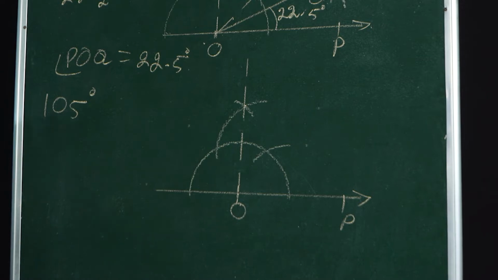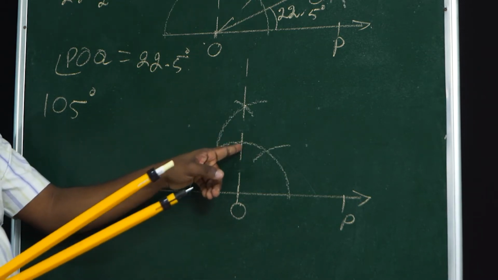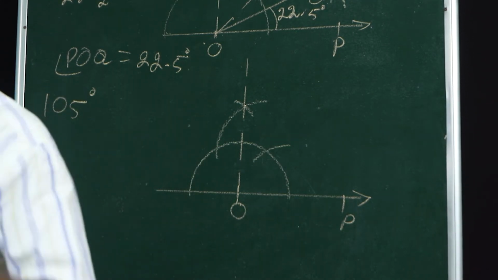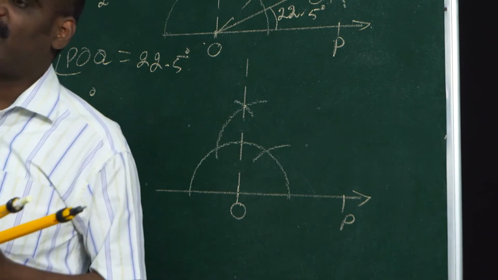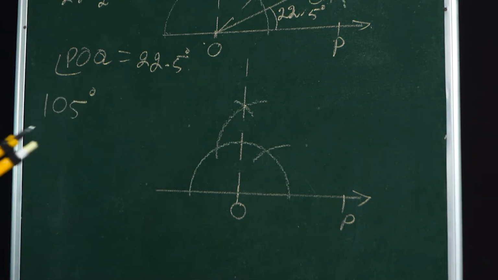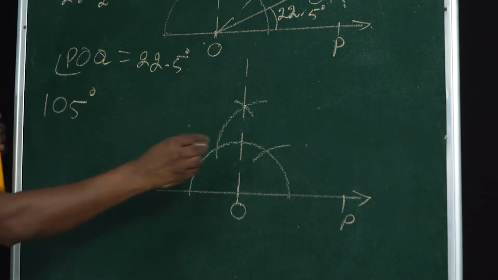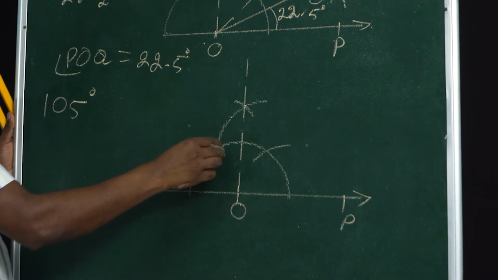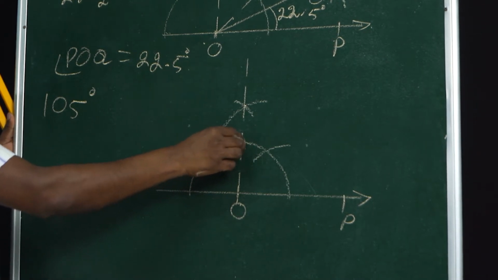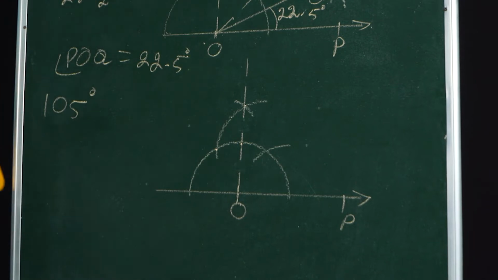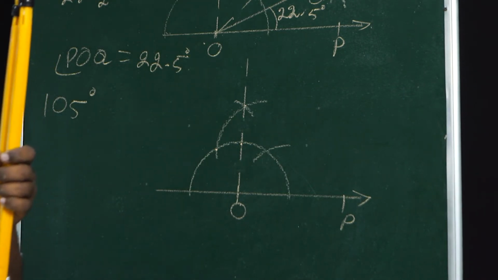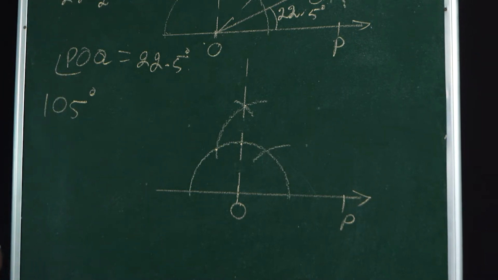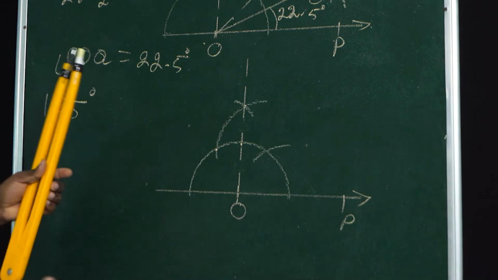Now, children, here 90 degree. We need to get 105 degree. How many more degree do we need? 90 plus what is equal to 105? 90 plus 15, right? 90 plus 15 is 105 degree. 90 is here, this is how much? Here 60, here plus 60, how many degree? 120 degree. So 120 degree, here 90 degree. In between 90 and 120, how many degree is hiding? 30 degree is hiding, right? So you split the 30 degree into two parts. Half of the 30 degree, how many? 15 degree. So 90 plus 15, how much?